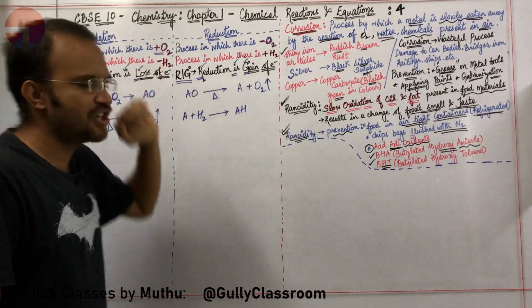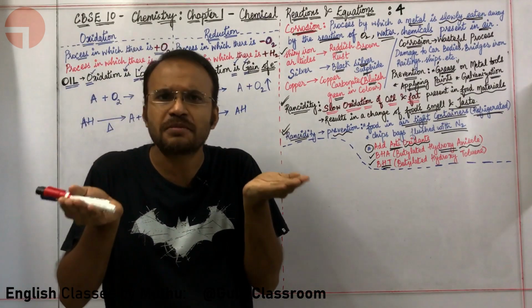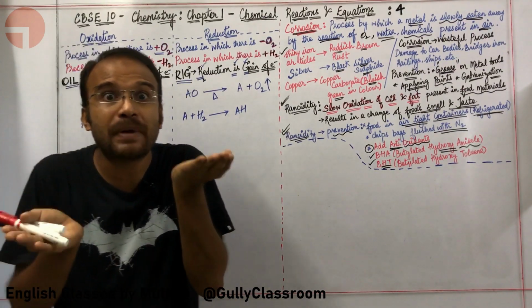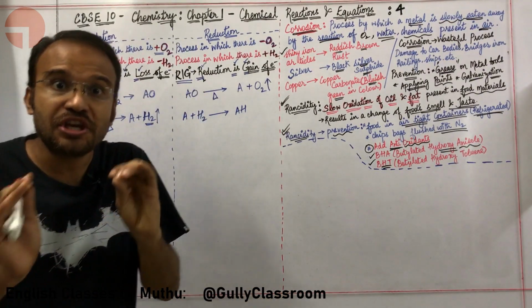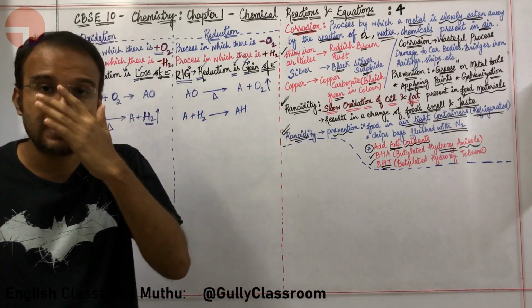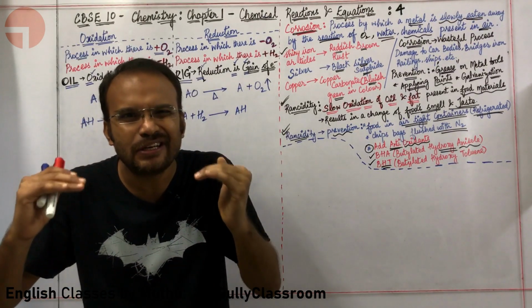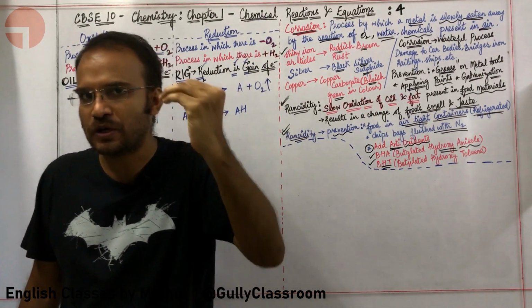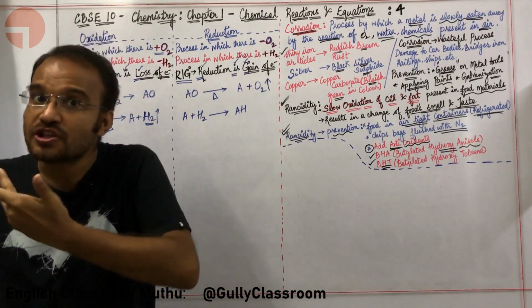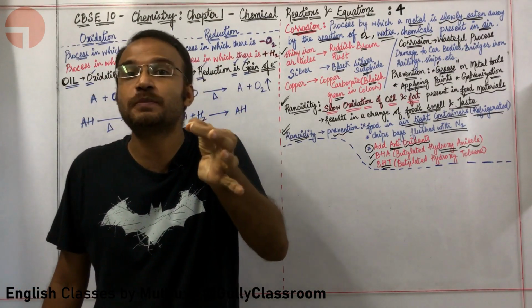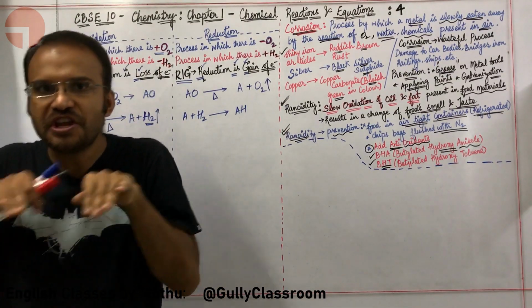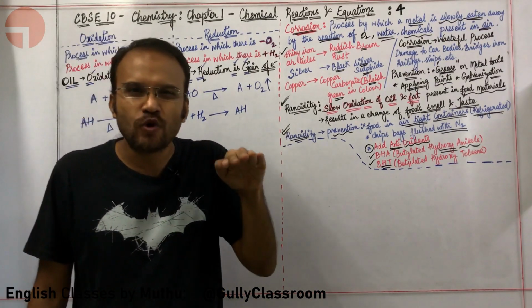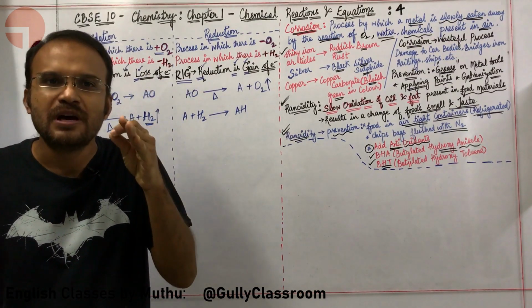What is oxidation and reduction? Oxidation and reduction must be learnt in tandem with respect to one another. They must be learnt by comparing one another. Oxidation and reduction are two processes that can be defined in 3 different ways. How, sir? Oxidation and reduction can be defined with respect to oxygen. The same oxidation and reduction can be defined with respect to hydrogen. The same can be defined with respect to electrons. So, we will go through each and every one of them patiently.